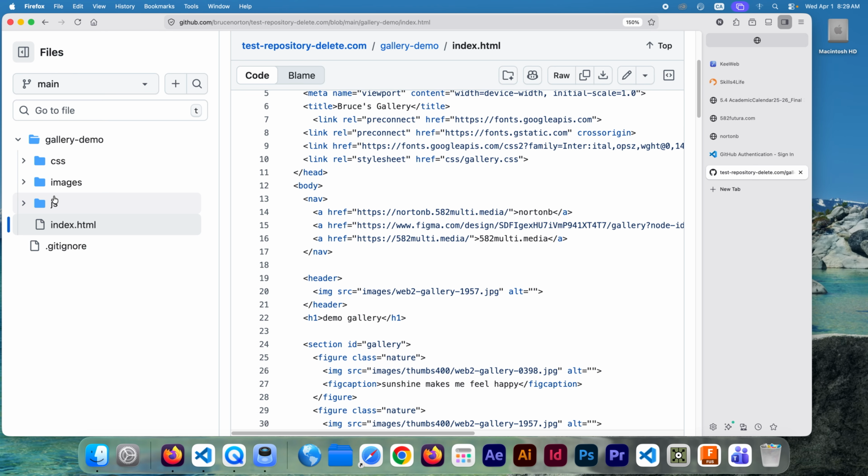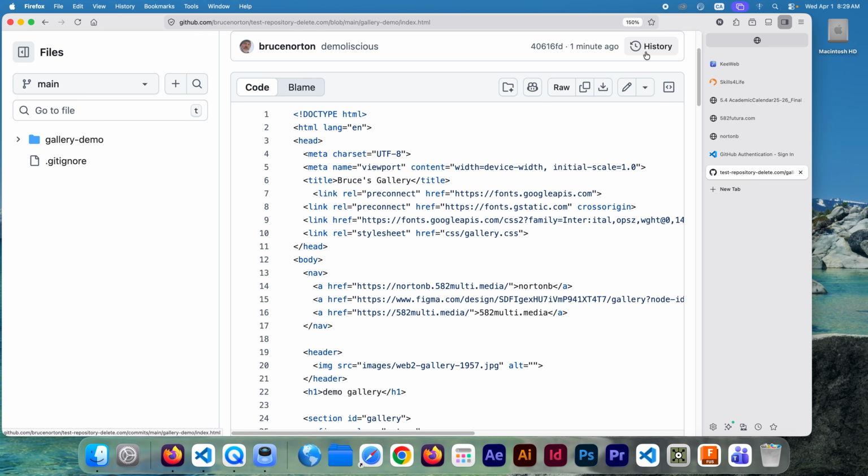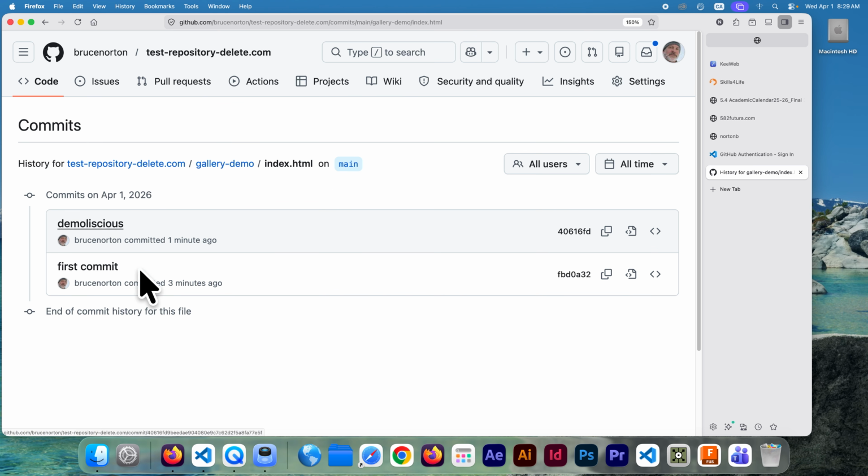Plus, if you screw something up next week, or you're trying to do something and you go, oh, I wish I could just get back to my old file, well, then you can. There's a history thing. We can go back into the history and see previous versions, and then take a previous version and say I want this version to be the working version, or copy some code, or whatever you need to do. So if I go back to my first commit,